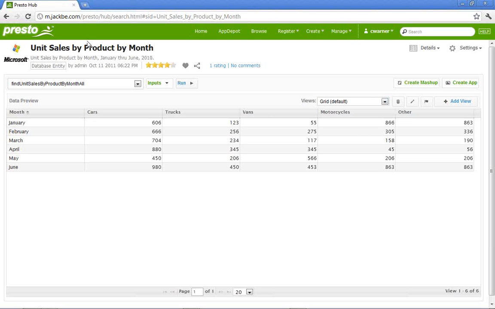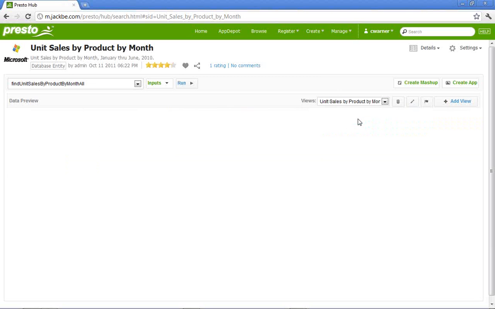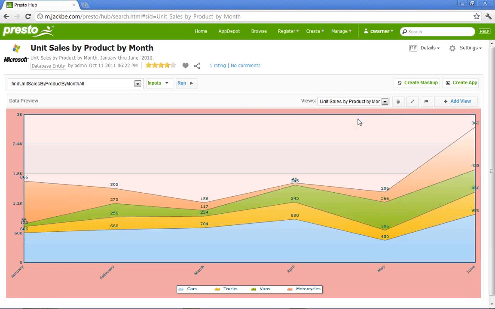Absolutely. So I'm looking at unit sales by product by month. That's a database that one of my IT guys has made available to me. It looks like the data is fairly straightforward. It's for 6 months, January to June. Looks like there's a few views, as I call them, already put on top of the data. There's a simple table, and it looks like an overlaid stack chart, but I don't like either of those,